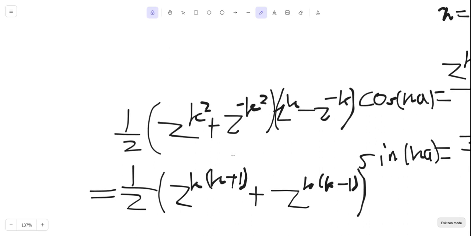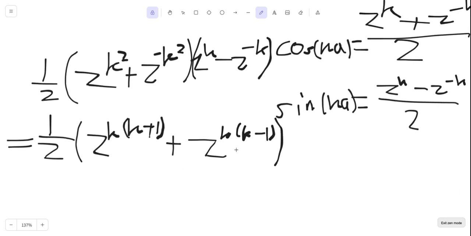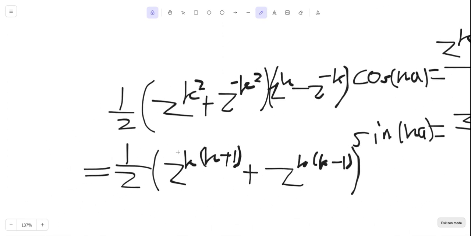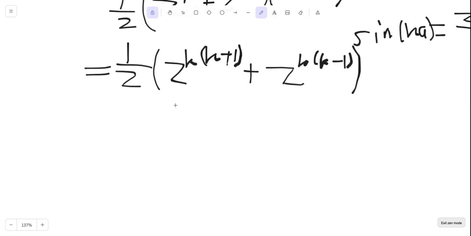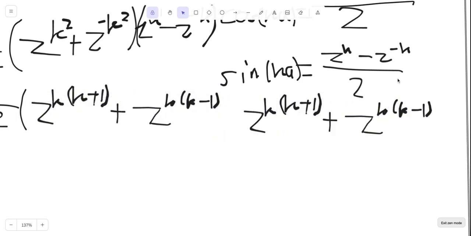And that's gonna be z to the k minus k squared, which is just the conjugate of this. And then if you multiply this, it's z to the negative k times k plus 1, which is the conjugate of this. So the full expansion would actually be,